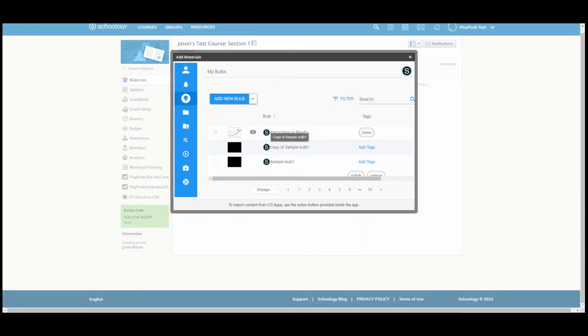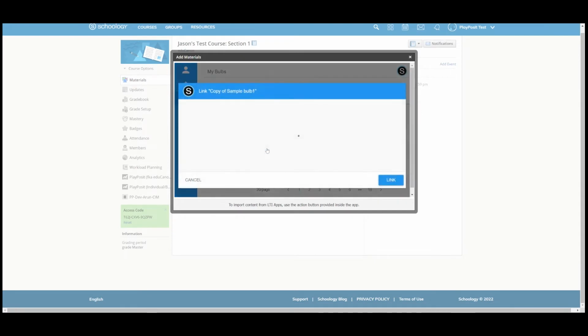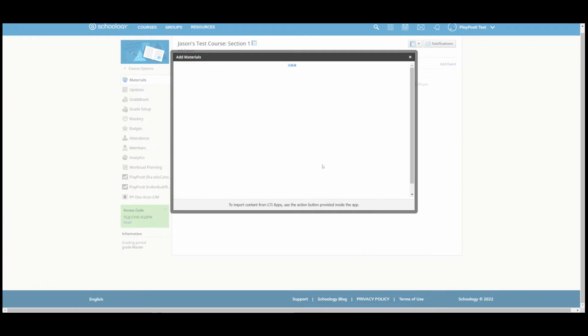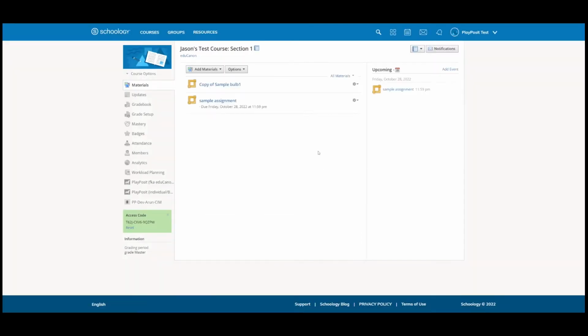After clicking on the Schoology icon, please select the learner experience as self-paced learning or synchronized live broadcast, and click Link to assign the Bulb. After the Bulb is assigned, click on the gear icon behind the assignment and select Edit to adjust the title and